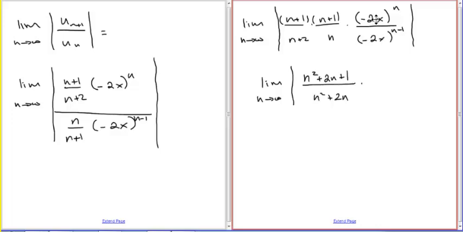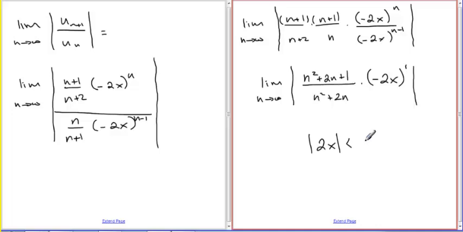And then here I'm going to have negative 2x to the first power because you subtract the exponents: n minus the quantity n minus 1 is the first power. Now, taking the limit as n goes to infinity, this is going to equal 1. So all we're left with is, and the negative sign drops out because it's an absolute value, the 2x